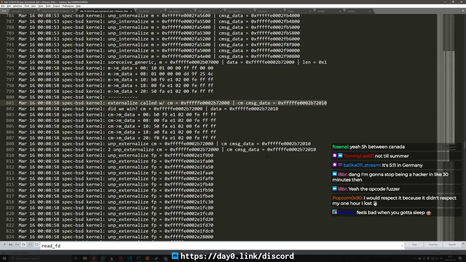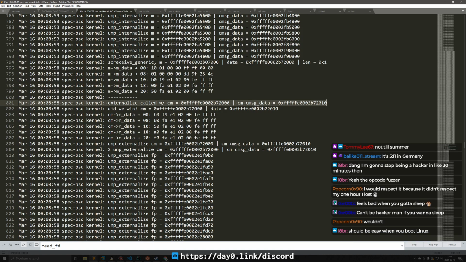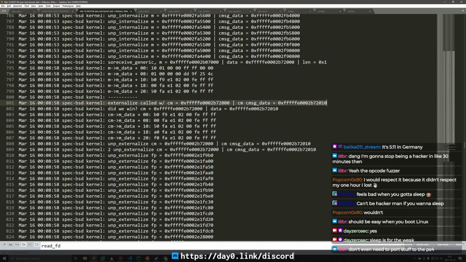But it could be interesting to look at. Can't be a hacker, man, if you want to sleep. Sleep is for the weak, right? Should be easy when you boot Linux. Yeah, actually, that's a fair point. So that might be some interesting research to undertake, if you want to do that. To my knowledge, nobody's done that, so maybe you'll find something interesting.